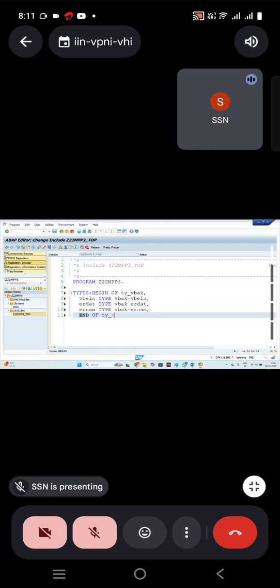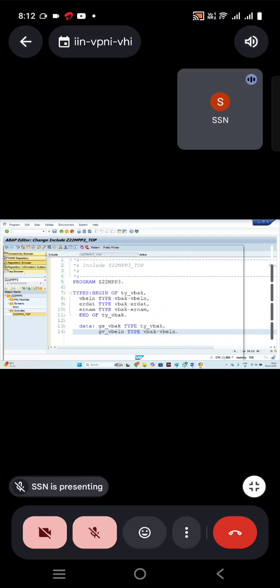End of TY underscore VBAK. Then data ZT_VBAK, sorry, an internal table is not required. You need only a work area. GS_VBAK type TY underscore VBAK. Then I need a variable also, GV underscore VBELN type VBAK hyphen VBELN. So I have done the declarations.